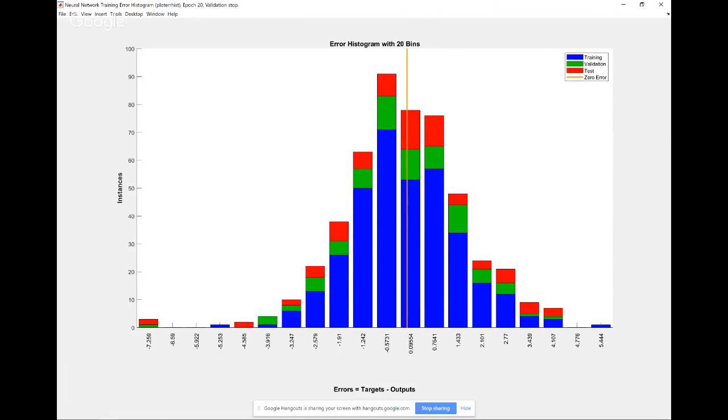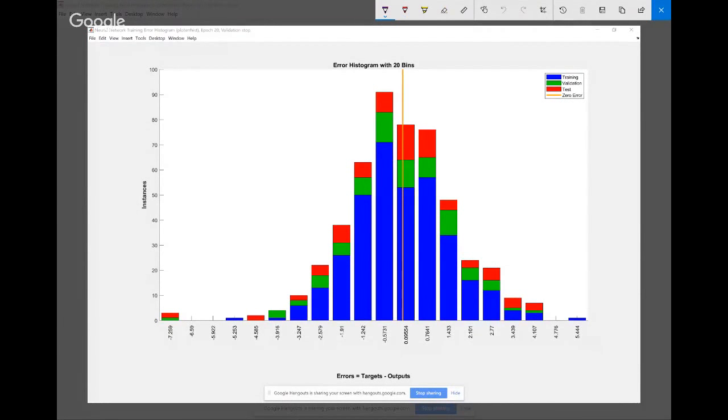In this case, you can see that most errors fall between -5 and +5, and most of the data are from this part to this part, which is -5 to 5 in the graph.